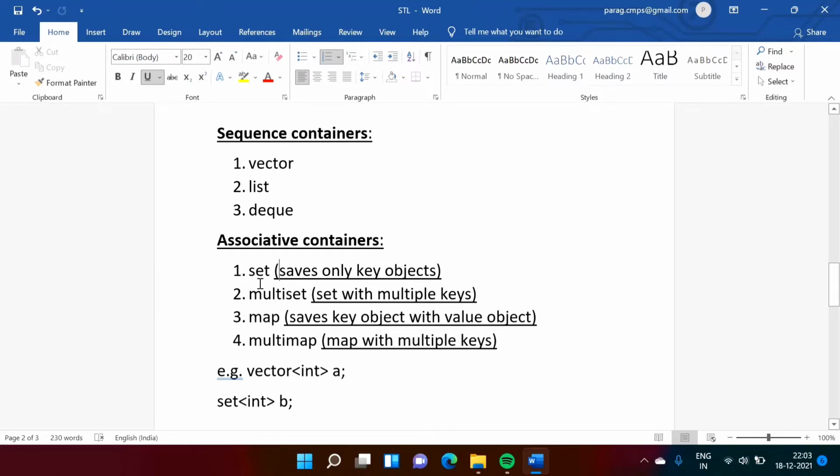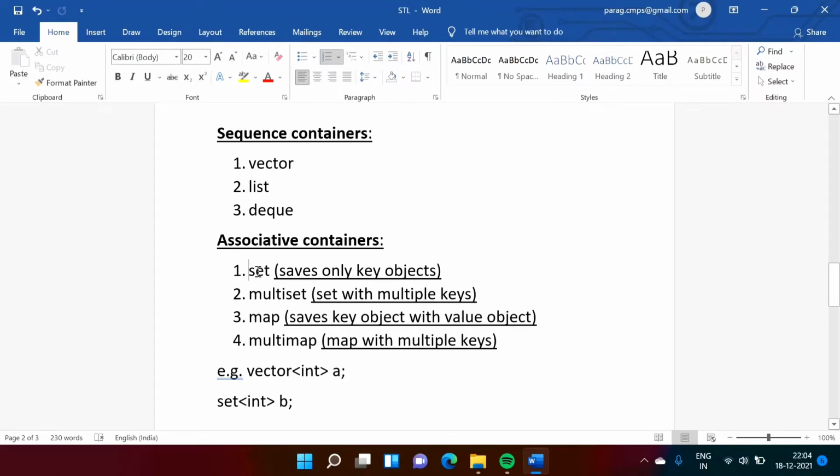We can remove one element, then modify it and again insert it, but within a set we cannot modify the value of any particular element. So this is the speciality of set. Also, we are not using any index here. There is no index to access the elements, and that is a property of the associative container.